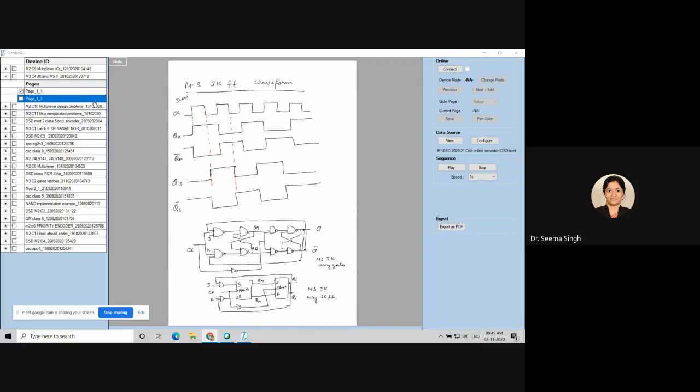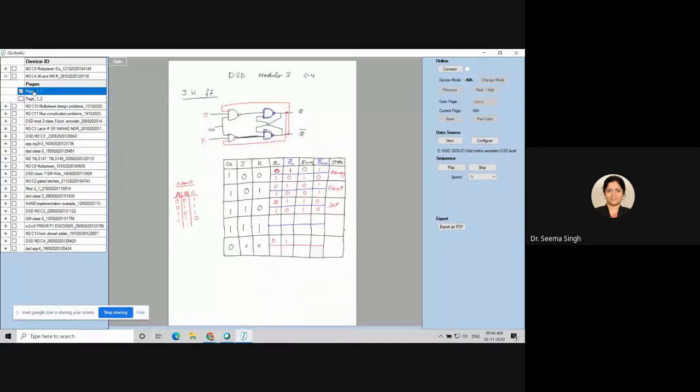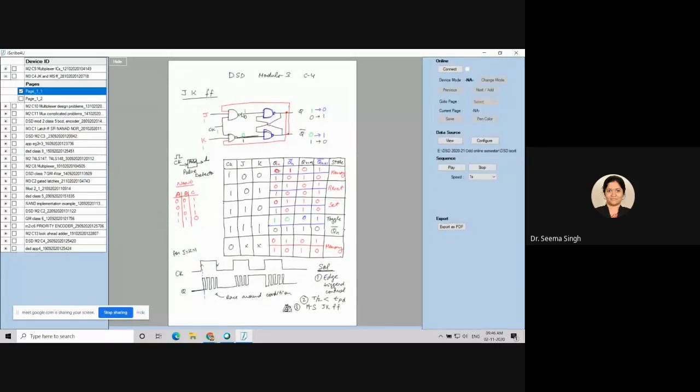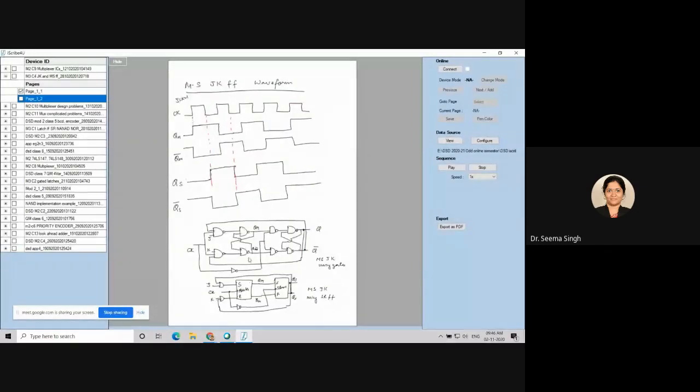In the previous page you had seen how the SR flip flop is changed to make the JK flip flop. What is the change? Only this feedback is the change. Feedback from output to the input is the change in the JK flip flop from the SR flip flop. Here again feedback is going, and the feedback has to come along with the J and K inputs. That is why an extra AND gate is there to transmit J and K along with the feedback to the input of SR. So this becomes your master slave JK flip flop using SR flip flop.